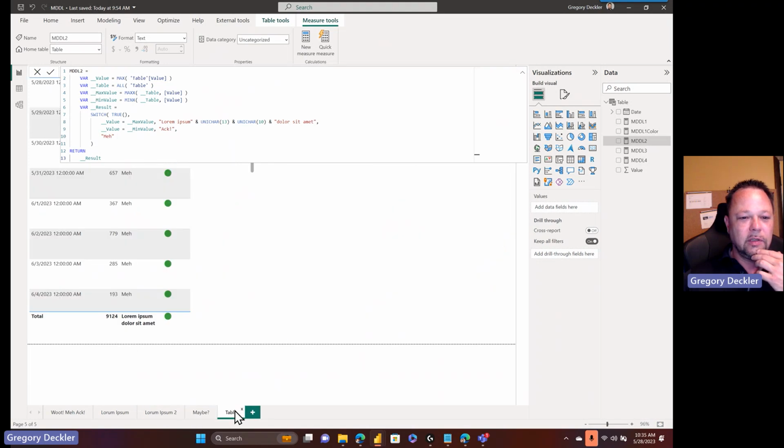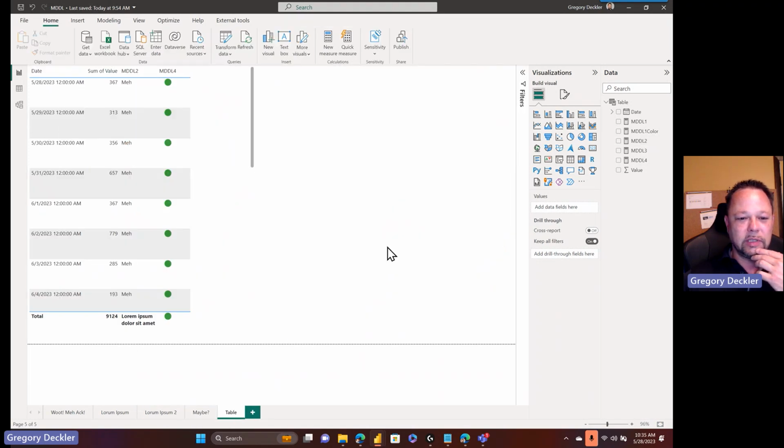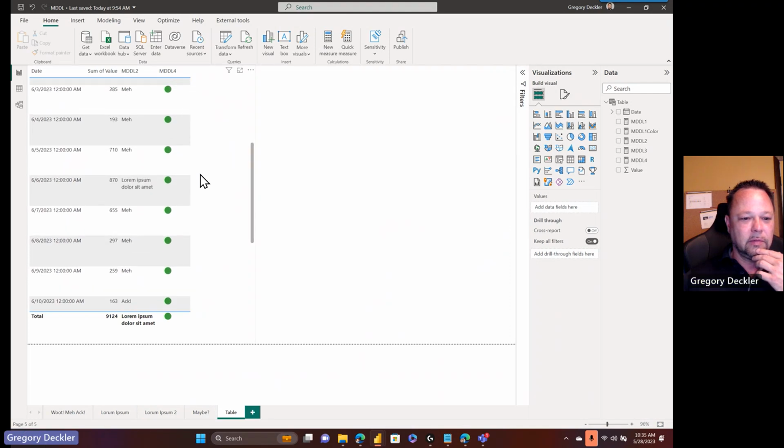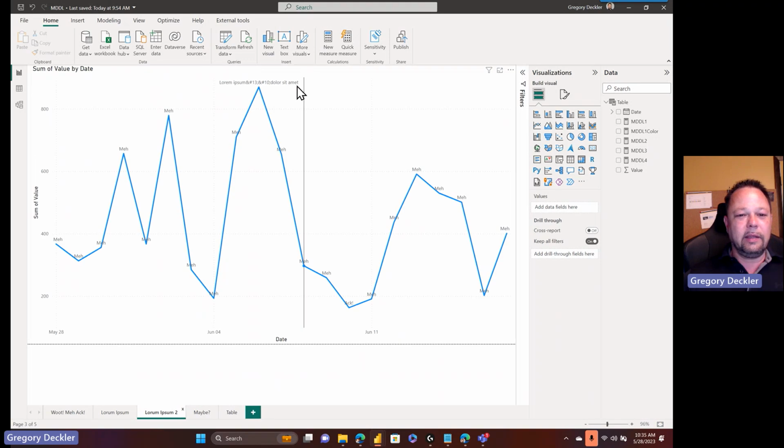Yeah, and to prove it works, I go to this table visualization over here, and there it is, right there. Lorem ipsum amp, then it does the carriage return line feed, and then the next line. So that's kind of okay. So you can't use carriage return line feed. This makes it really hard with the limitations around how much you can put in here, and the carriage return limitation really limits the storytelling capabilities of this, in my opinion.